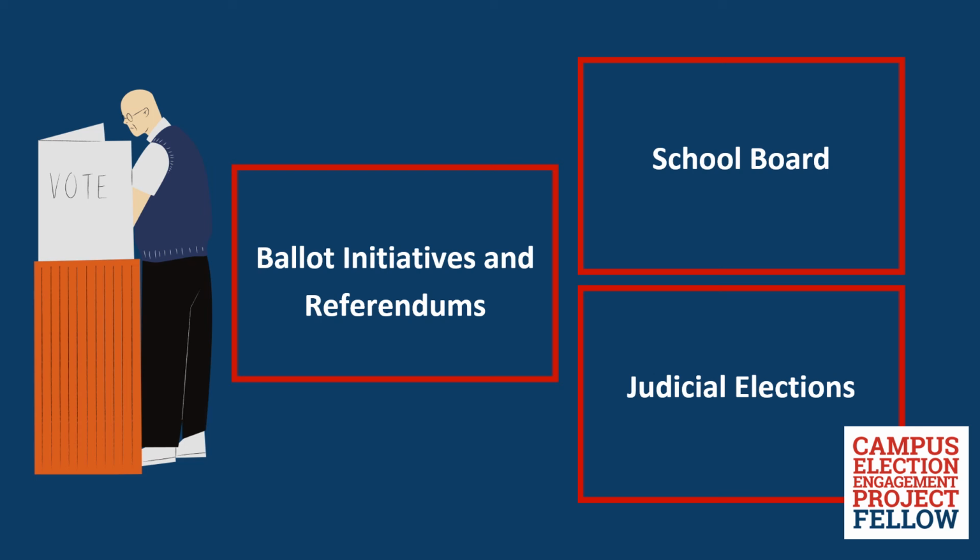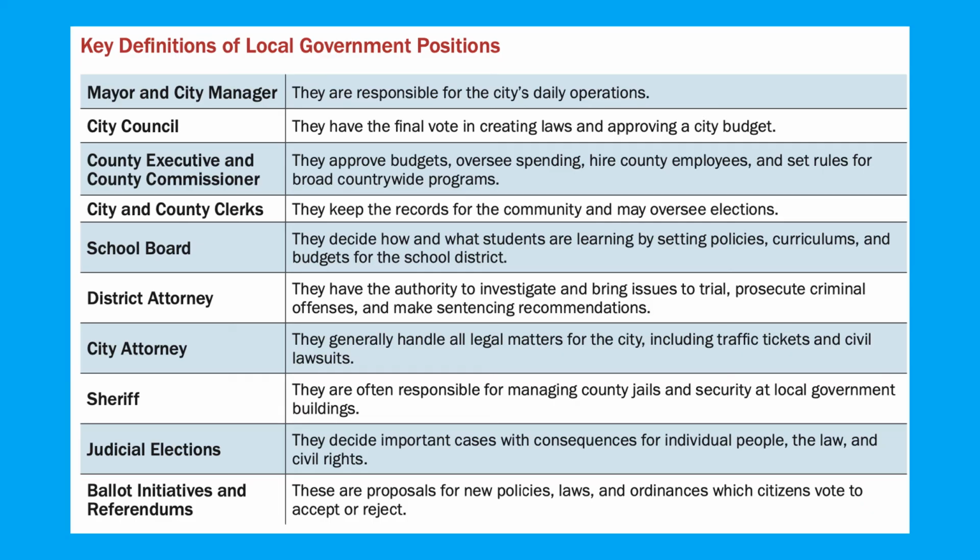State and local judicial elections vary by state. Most state court systems are divided into 3 levels: trial courts, appeal courts, and a state Supreme Court. Larger cities often have municipal courts, which are also known as city courts, and hear things like traffic offenses and violations of city ordinances. Let's recap.